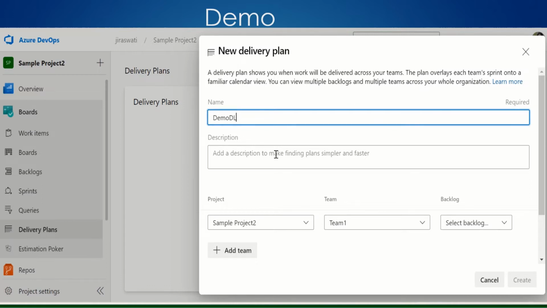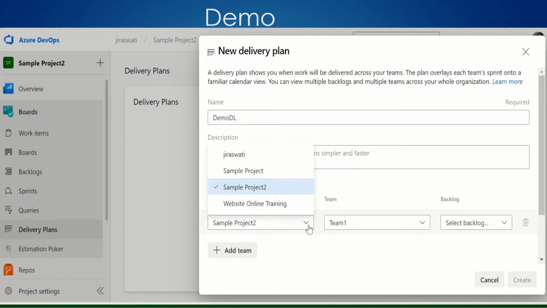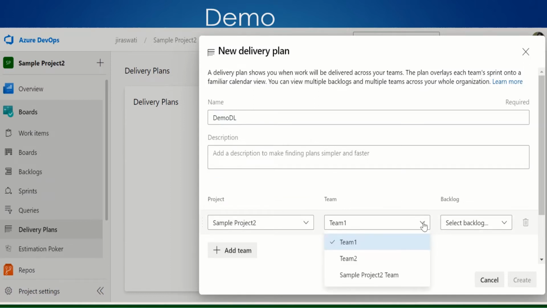So you will have multiple epics, and you'll have features on them. You can also tag your delivery plan with multiple projects and with multiple teams, and based on that you can also view the features and the backlog. So you can view teams with their backlog. Your delivery plan basically reflects the dependencies across iterations and teams, and you can also drag and drop between the current sprint and another sprint as well.